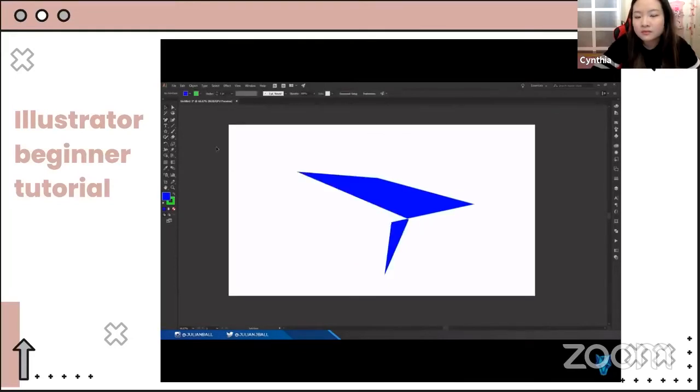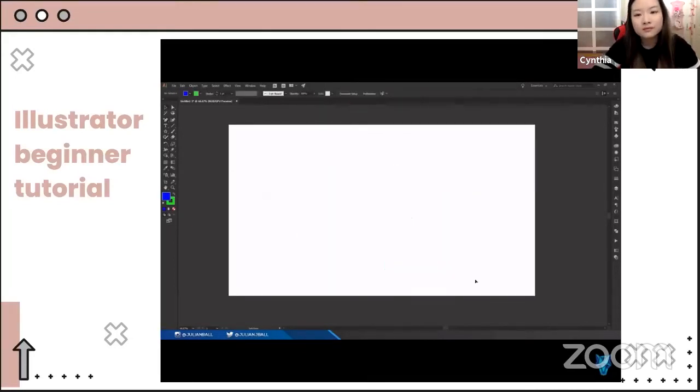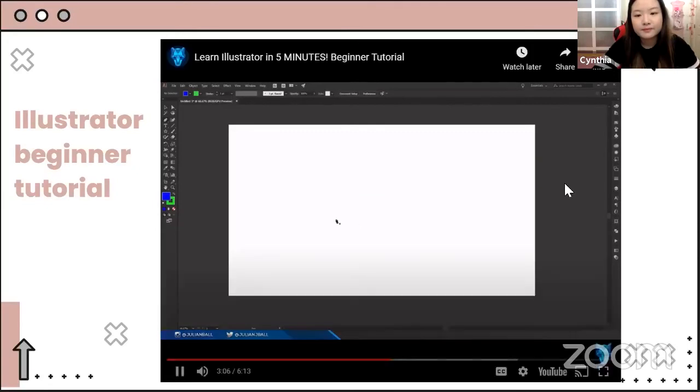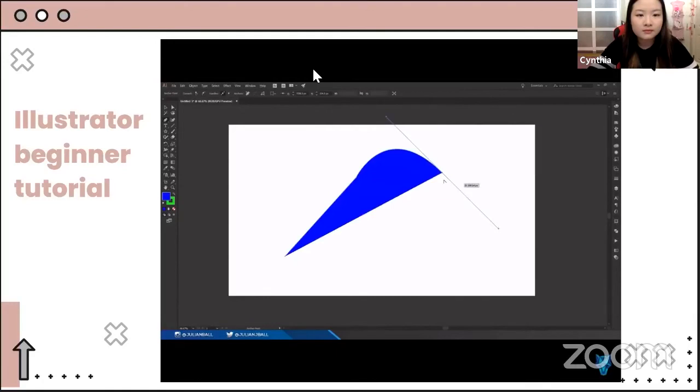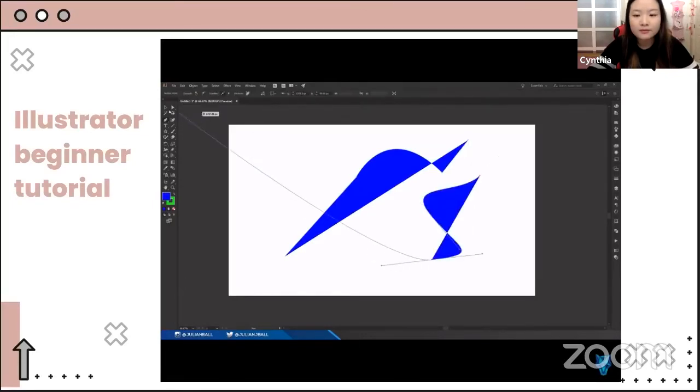The pen tool is another common tool in Illustrator, so if I just delete this, I can hit P to go back to my pen tool. I can click anywhere in the document and it'll create a point. I can click again and it'll create a linear line between those two points, or I can click and drag and it'll create a curved point. I can then hit Alt on the end of any point to get rid of that continued curvature and make a sharp point. This is really great for creating any custom shapes or lines inside of Illustrator.